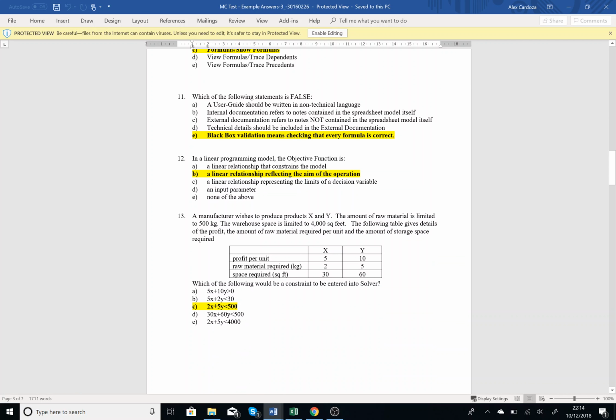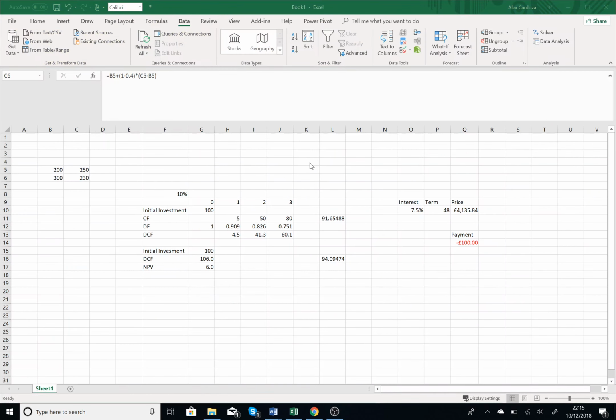Okay, so you wanted to know 13. Okay, so this says a manufacturer who wishes to produce products X and Y. The amount of raw material is limited to 500 kilograms. So that's telling you that you have a limit on raw material. Okay, so here there's a limit on this, and there's a limit on 4,000. So whenever there's a limit on something and you've got multiple products, you'd have product X